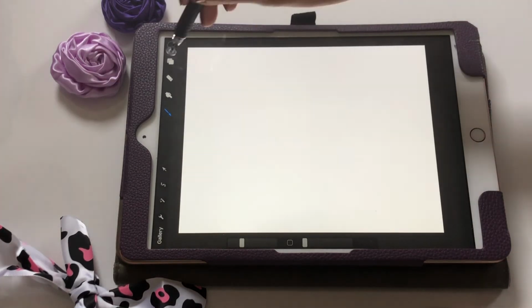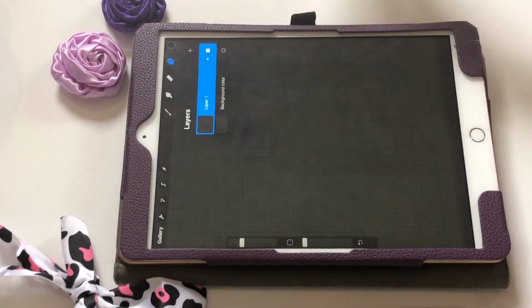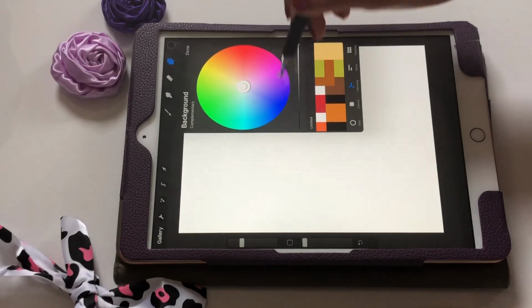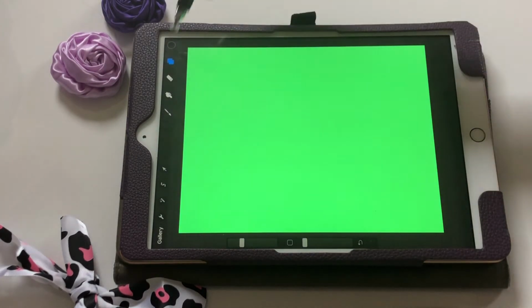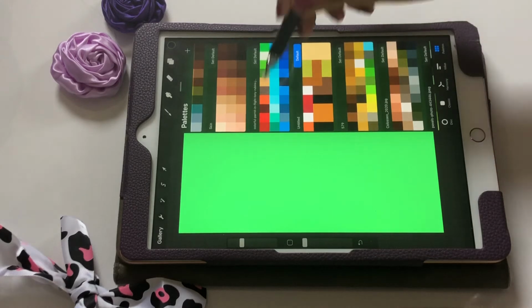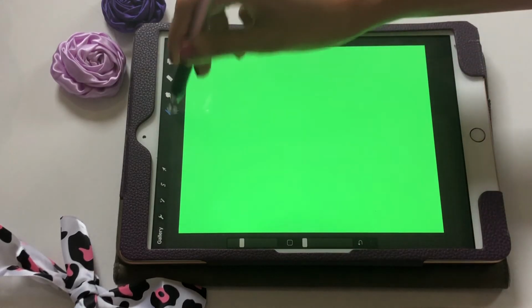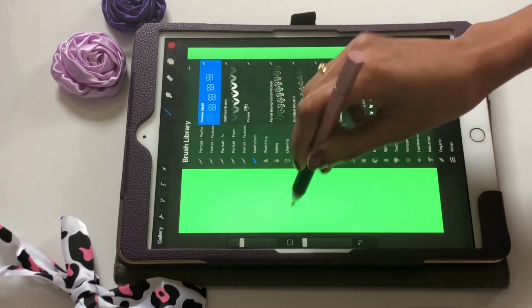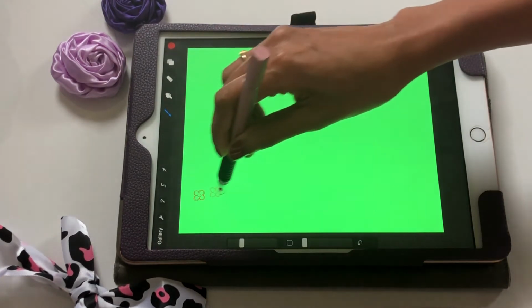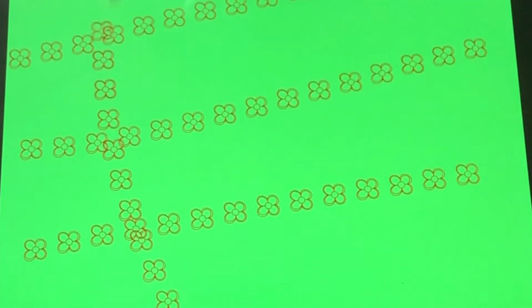So let's try it out. I like to change the background color to a different one, so that we can play with colors and see how the motifs look. I'm going to do a green background and then a red flower. So that's what I've selected. My brush, Madhubani, and I've selected the flower motif that I just created. And then see, you can keep going, and you have all these flowers